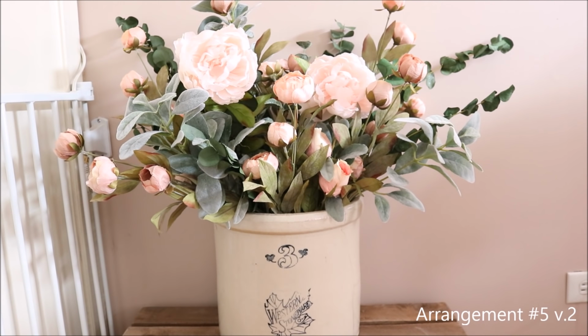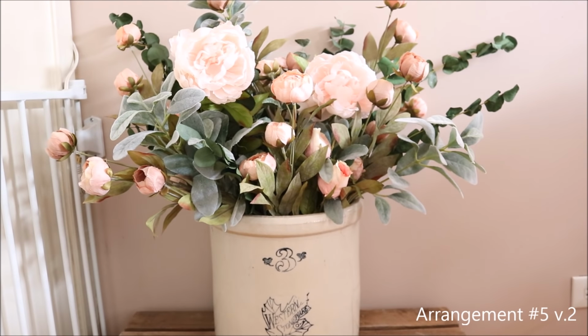But let me know what you guys think. Do you guys prefer this arrangement or the arrangement that I had before touching this? I would love to hear your thoughts on this one. And also, I did want to let you guys know that I did wait a few days before deciding to rearrange this. One, because I had to pick up these lamb's ear stems, and number 2 is because I just wanted to give myself some time to see if I was going to be able to get used to